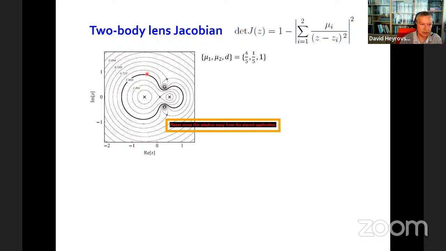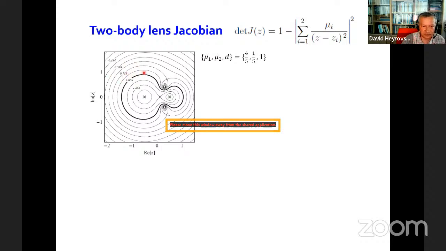And if you go out, they are positive Jacobian contours. And now it's enough to look at this for a while. And then you start feeling a sense of déjà vu, or something that you are looking at something familiar. And indeed, if you go looking here into this negative Jacobian region closer to the lens positions, so you see that really what you are seeing is something that looks like the shape of the critical curve in the wide binary configuration. And on the other hand, if you go outside towards the positive values, so you can see